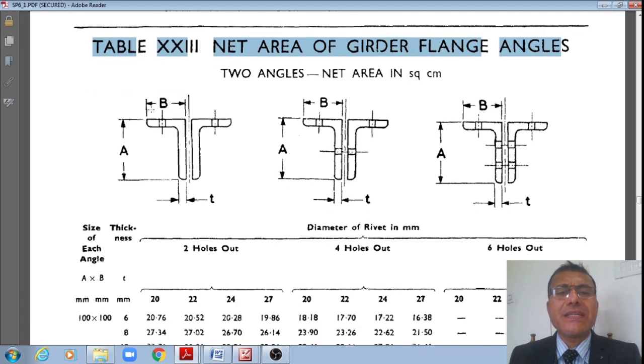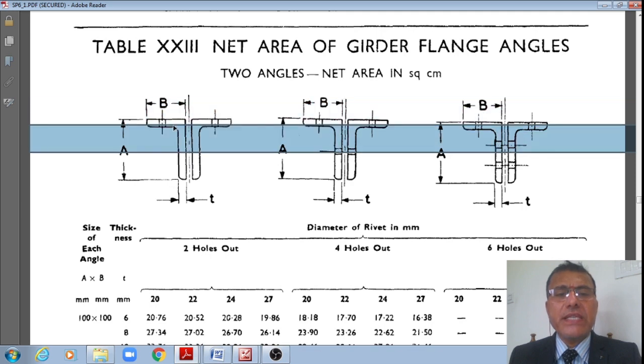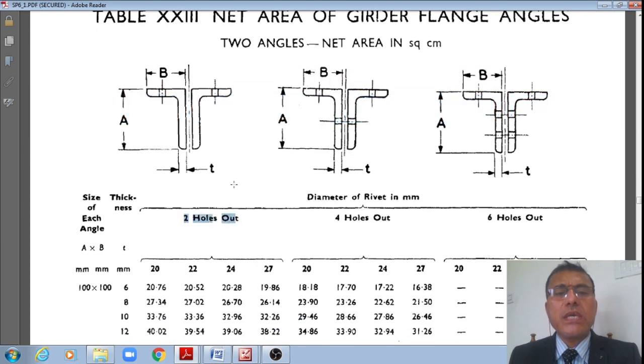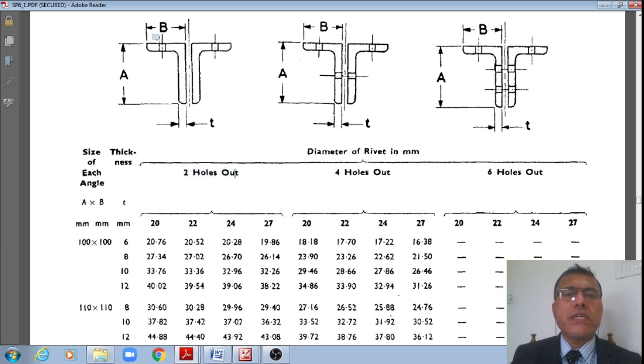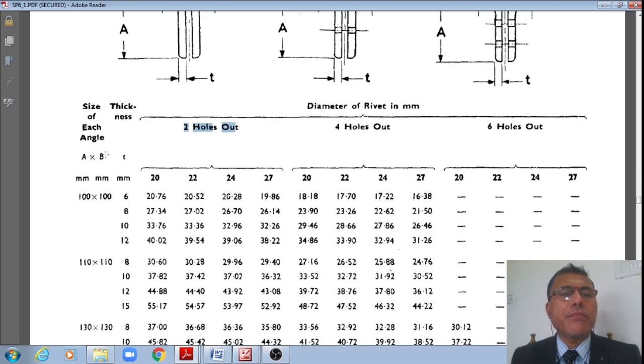girder flange angles, right? Girder flange angles, if these are used in the girders as flanges, then if only two holes are deducted, generally these are required in riveted or bolted girder sections, right? Therefore, if two angles, just now we have already seen in the previous table, are provided in compression as well as tension flanges for a web plate along with these angles, which are connected to the plates by means of, say, just two rivet holes or two bolt holes as appropriate, right?